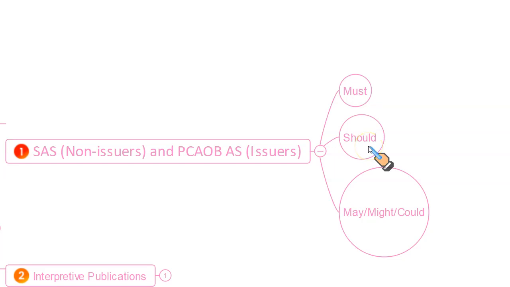When the word should is mentioned in standards, that would mean except in rare circumstances, it is required, mandatory, and it may be departed from only under rare circumstances where appropriate justification is available. And when you see the word may or might, that just indicates explanatory material that does not impose any strict professional requirement for performance. So out of these all, SAS and AS have got the most authority in the guidelines